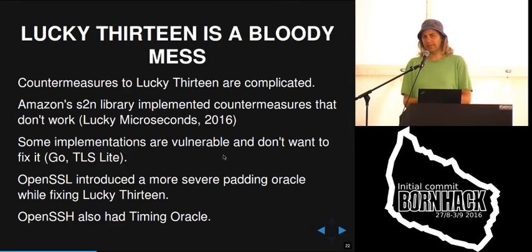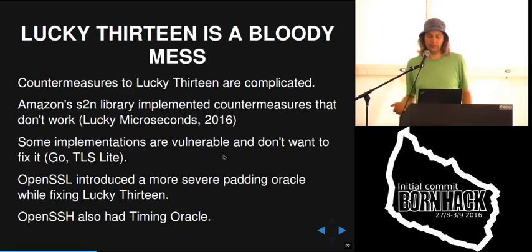For example, Amazon wrote their own TLS implementation, and they implemented what they thought was a fix for the Lucky 13 attack, but then the authors of the original Lucky 13 attack had a look at it and said, no, this doesn't work, we can still attack it. Then there are some implementations that just chose not to fix it because it's too bothersome, and they just say, okay, use newer cipher modes, we don't bother to fix this, it's just too annoying.